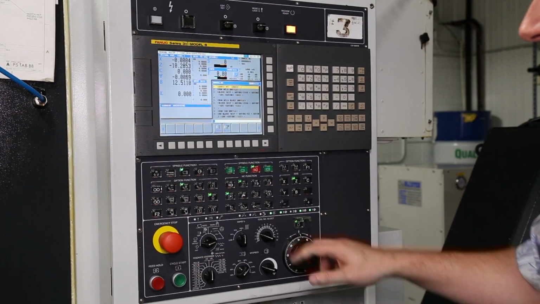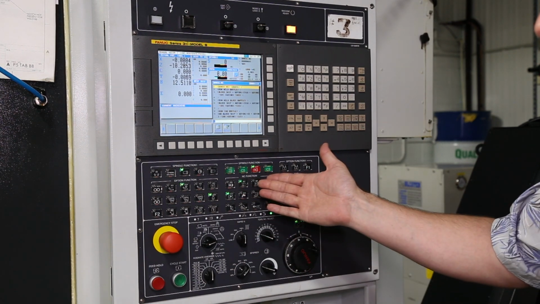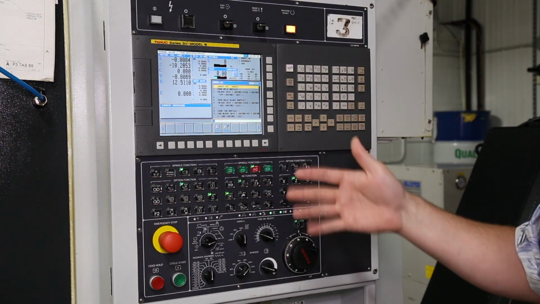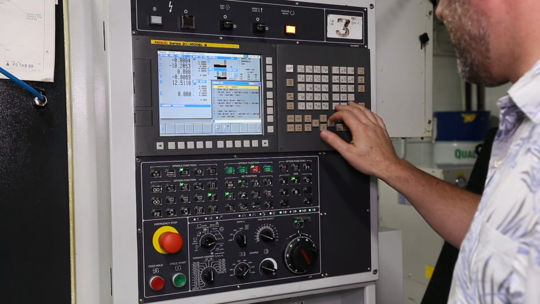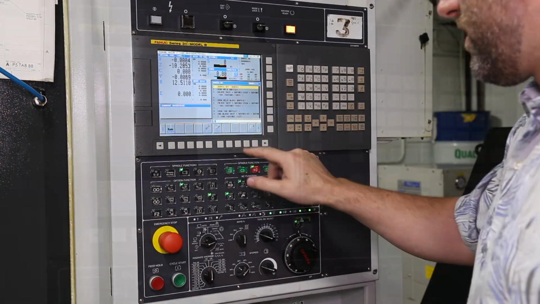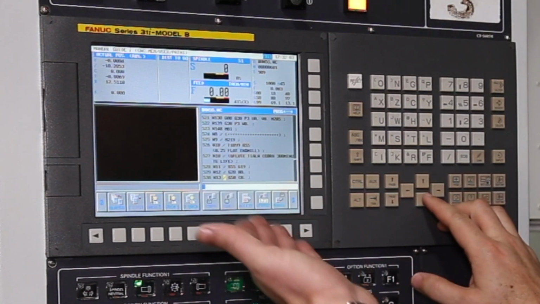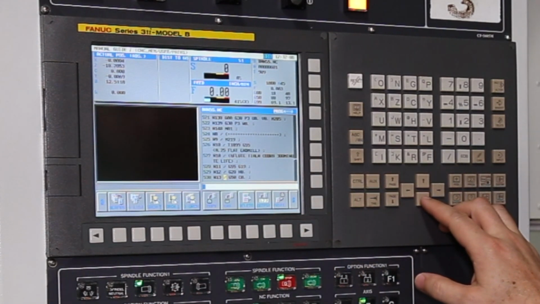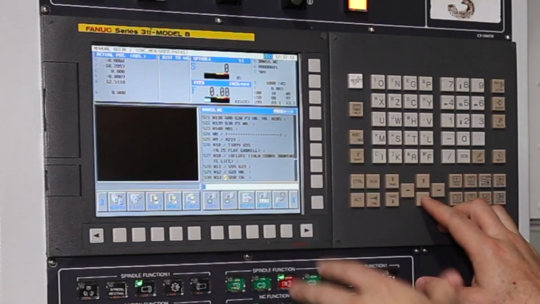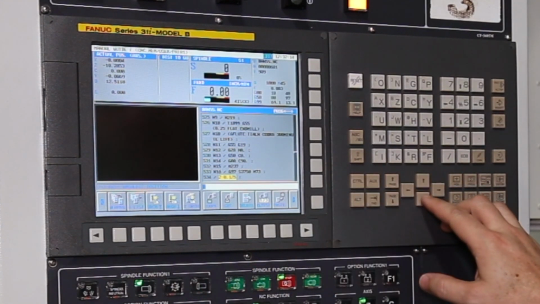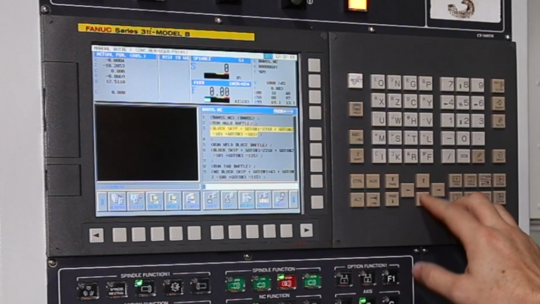So I'm at the control now, and this is the block delete function. So block skip is engaged. Block skip or block delete, they're interchangeable terms. If we wanted to search down to show you a block skip, this is an operation where every line is block skipped, and if the block delete is engaged and lit, the program is not going to read any of these block skip lines. So it in fact skips this operation. Then if I hit reset, get back to the top,